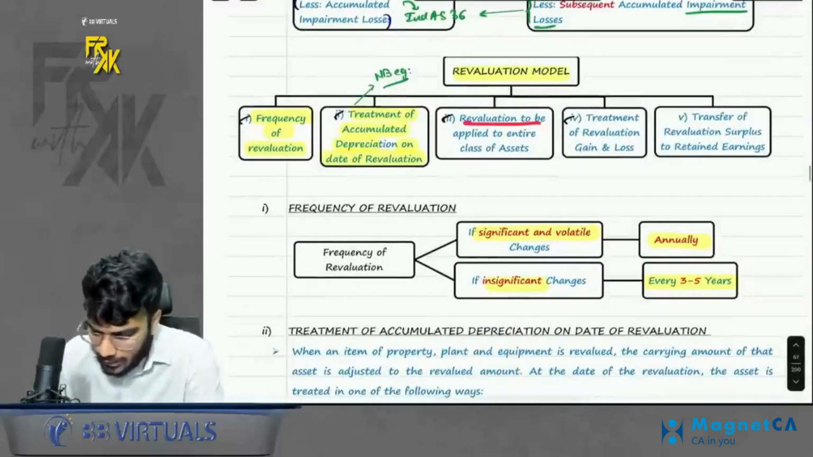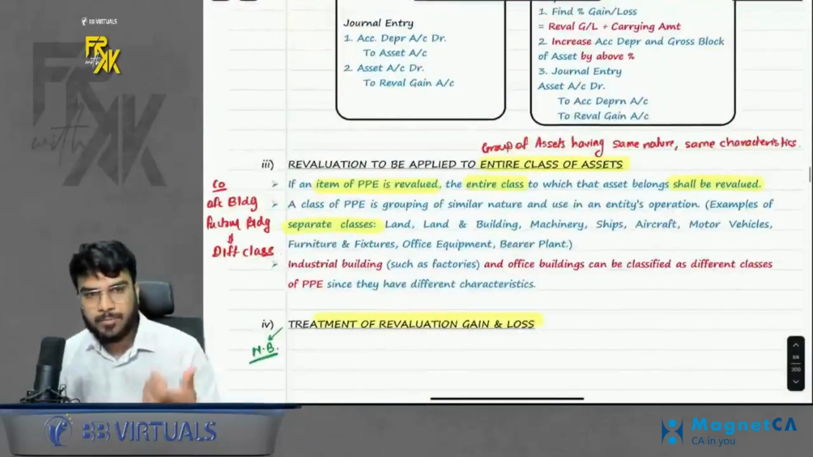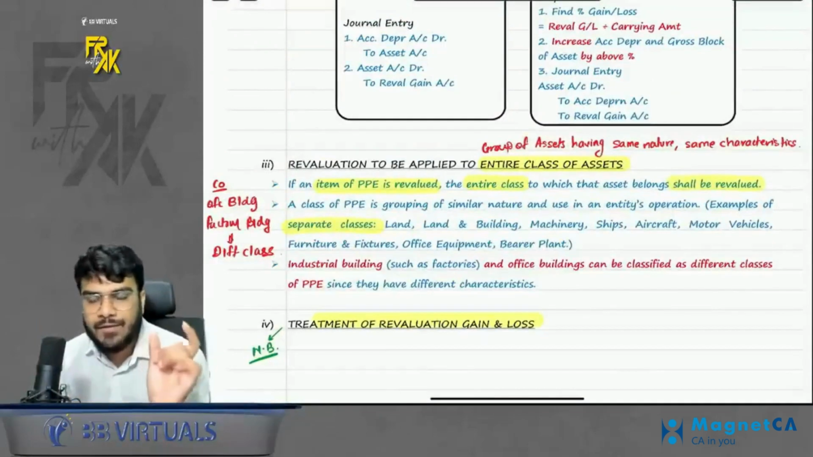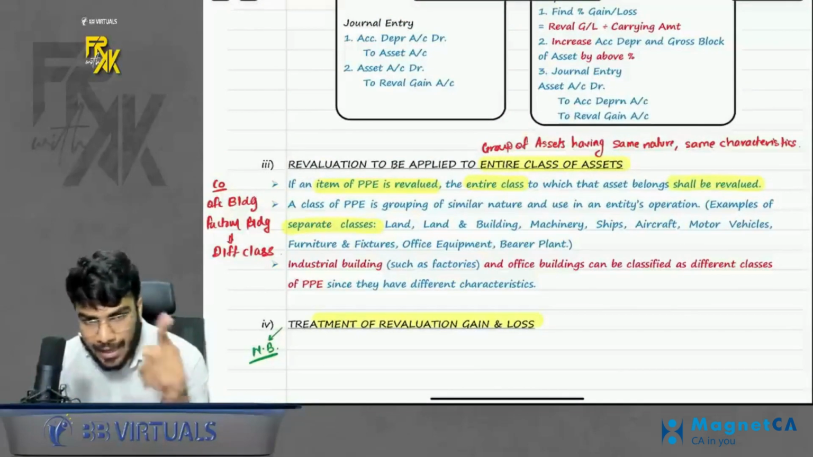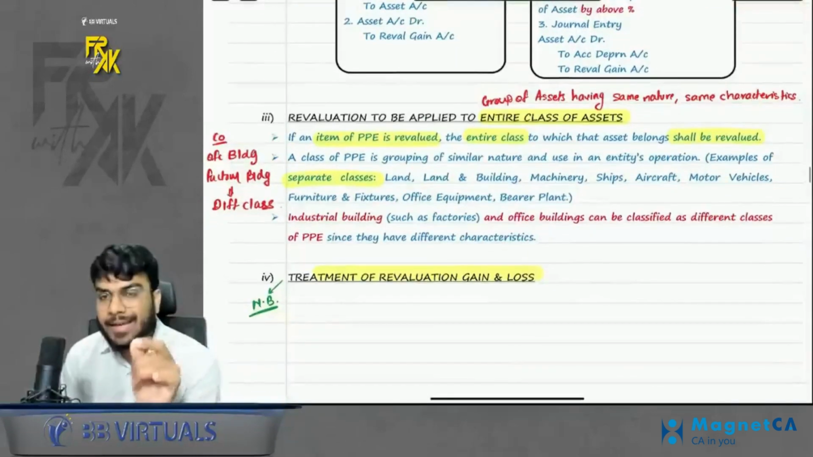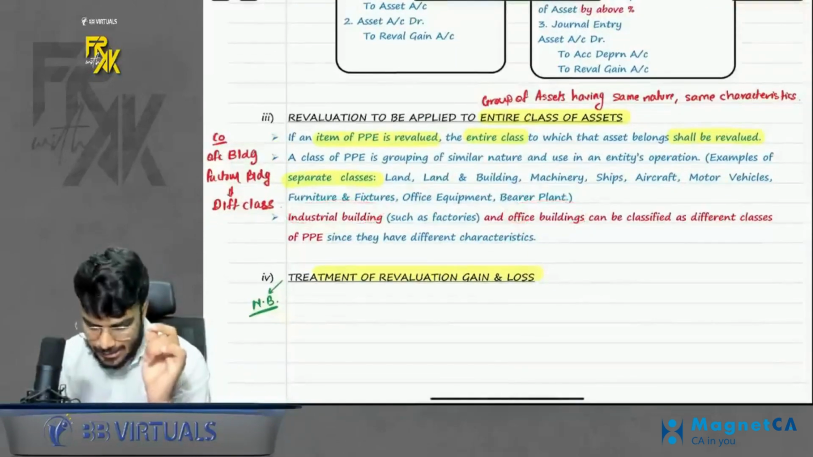Third point, revaluation to be applied to entire class of asset. So let's say I revalue my mobile phone. So all mobile phones will have to be followed at revaluation model. That means if you are revaluing an item of PPE, the entire class to which the asset belongs should be revalued. Okay. Also, there was one clarification which was given that office building and industrial building, just because their surname is building,